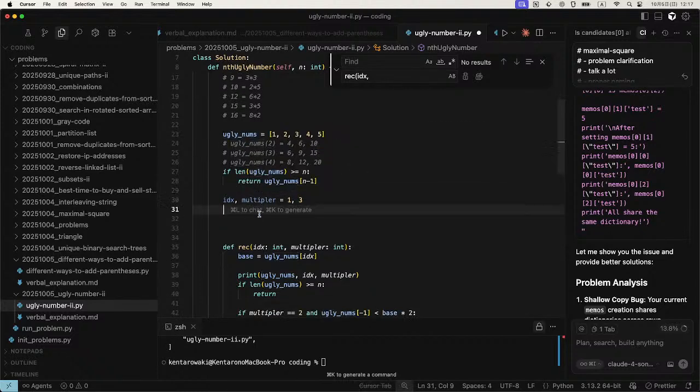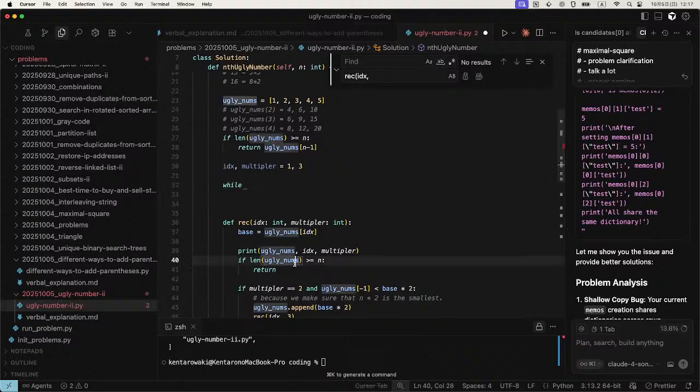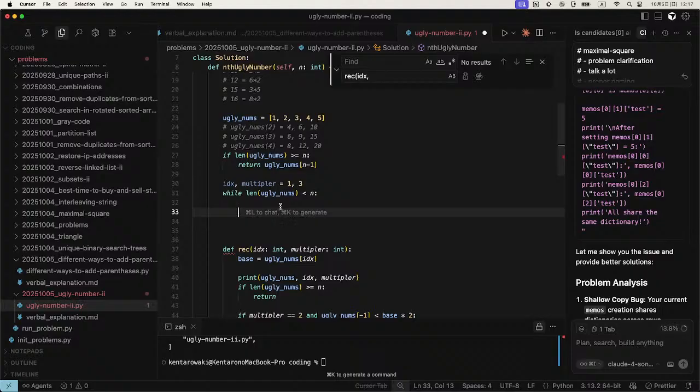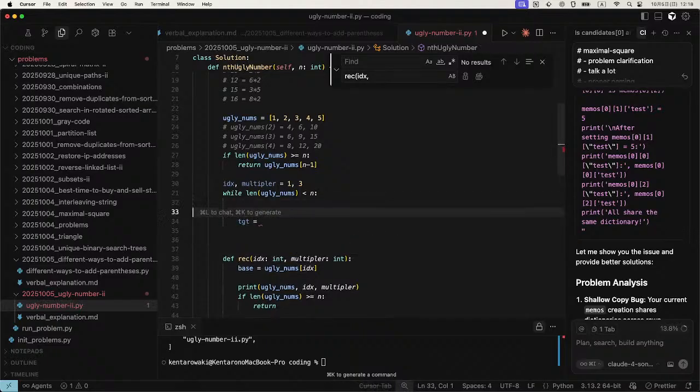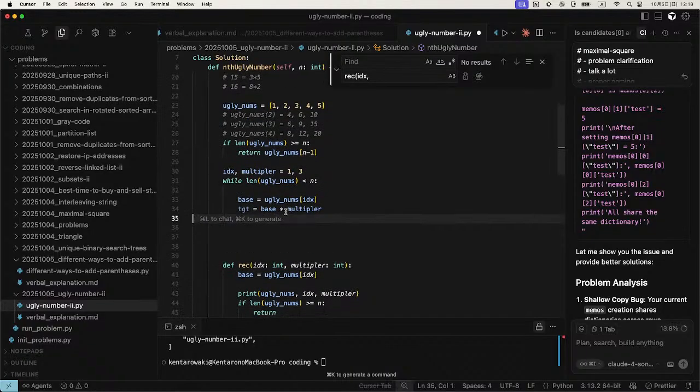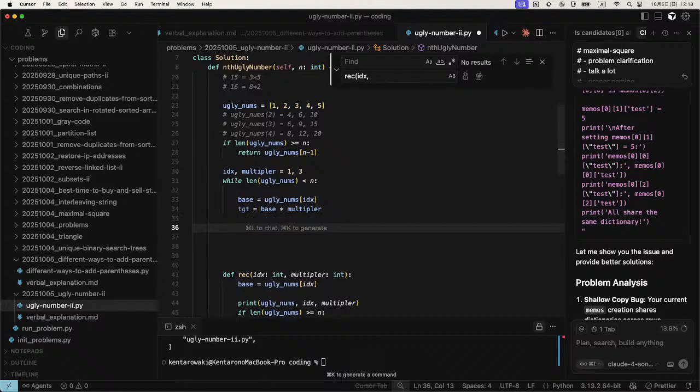We have an ugly numbers array, and the target is base times multiplier, and we have two candidates. We should check